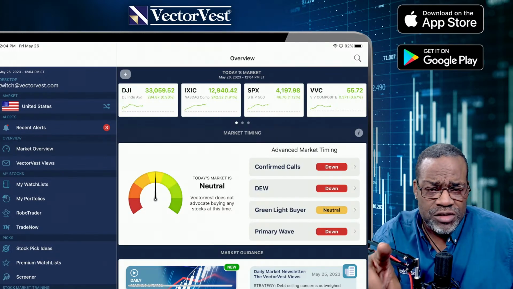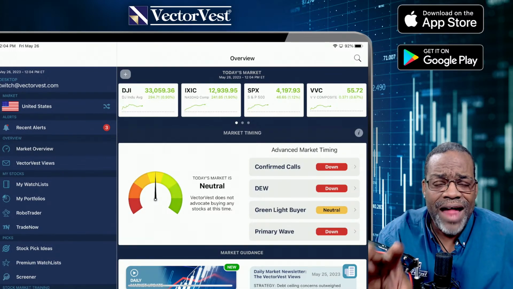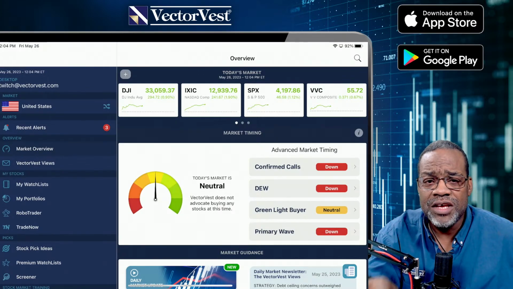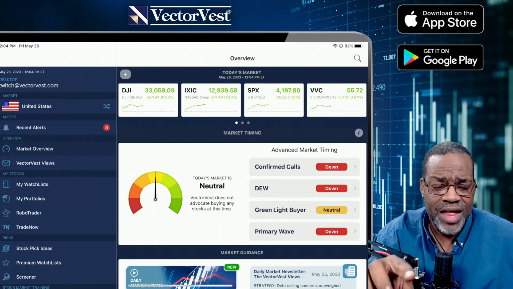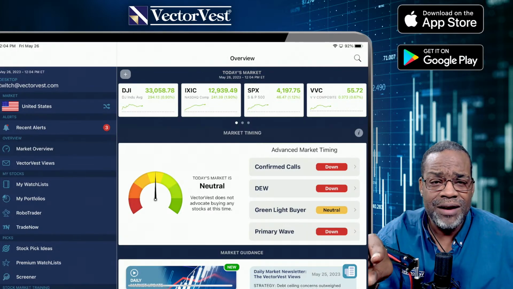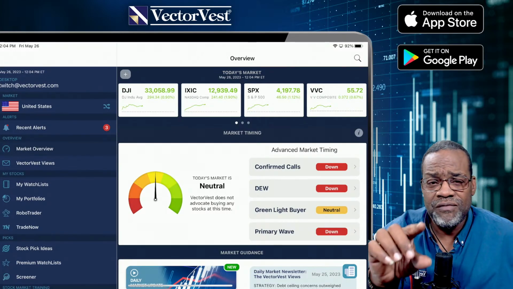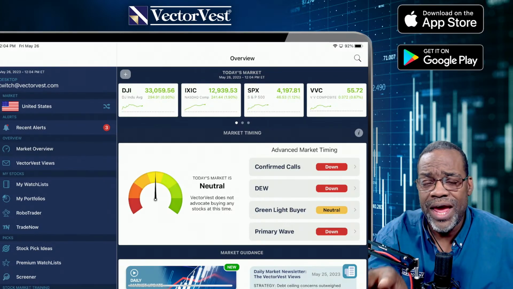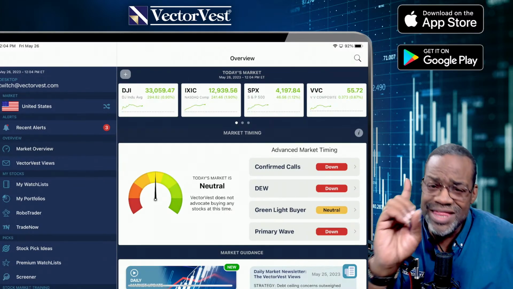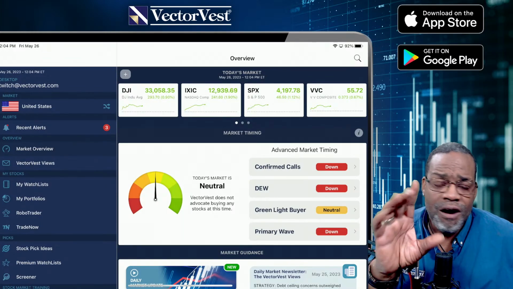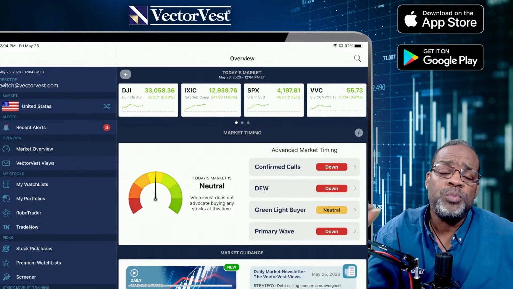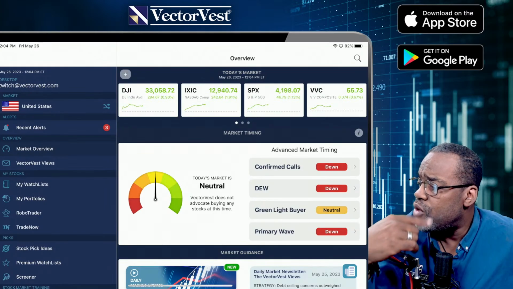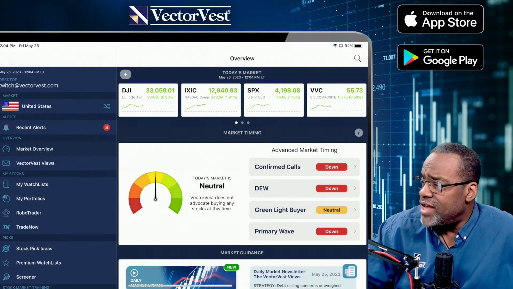That won't change the relative value. The relative value is calculated by VectorVest. So just because the relative value is low, you know what's pushing it higher? Perception. The perception of the demand on the chip stocks like NVIDIA and AMD and ON and SMCI. That's what's driving it higher. RV is not going to change just because people are pushing the stock price higher. Does that make sense to you, Asif?